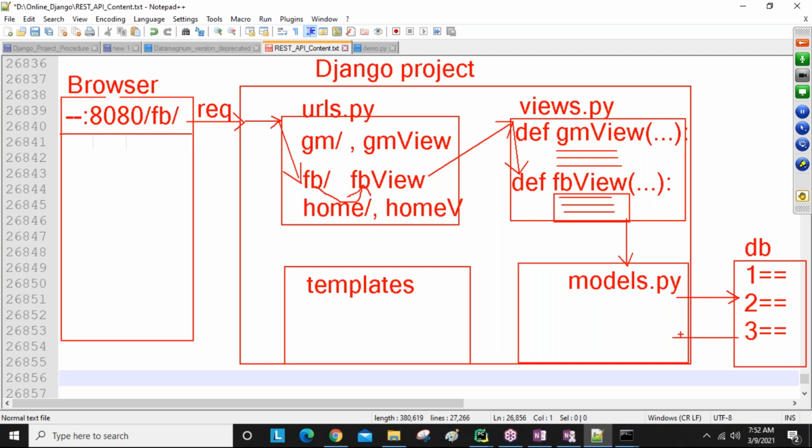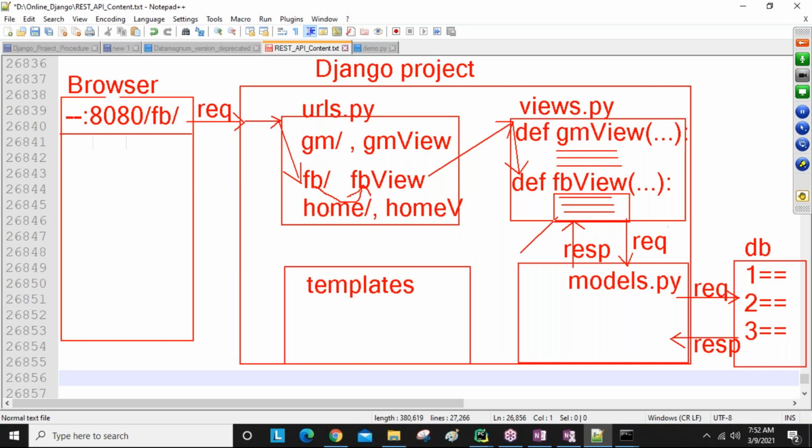Our application related database is always communicated with via the model. This is the request, this is the response. So our view sometimes interacts with models to manage the database and get the response back. Clear this flow? How we interact, all these things we will do later development wise. Just remember the flow.